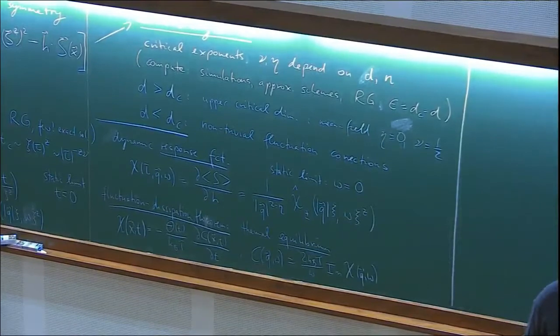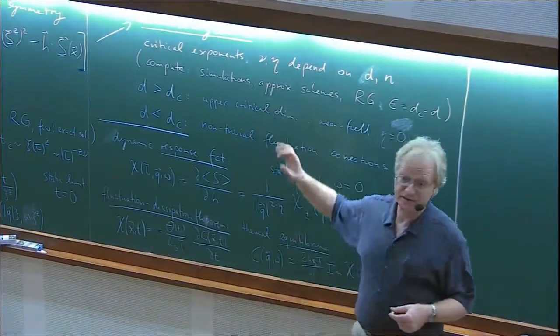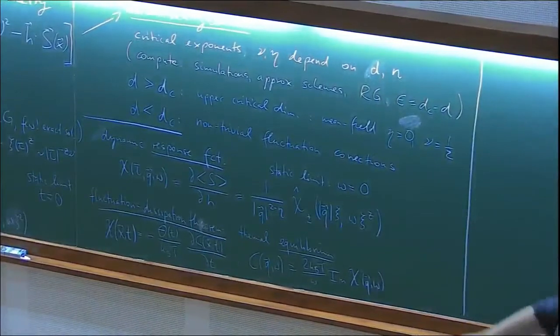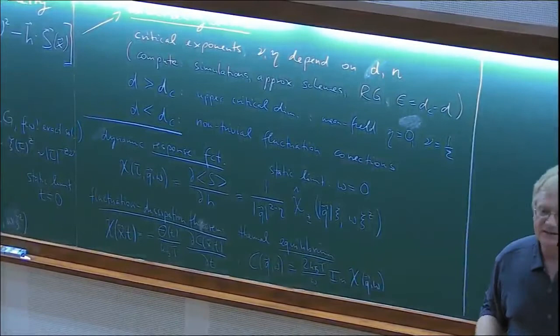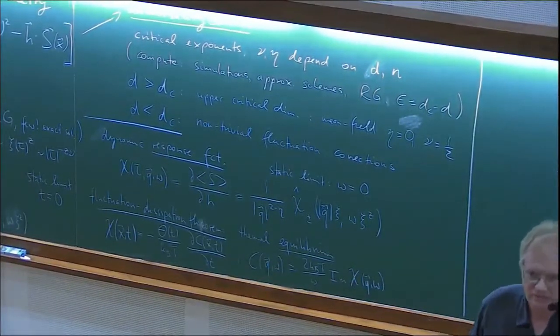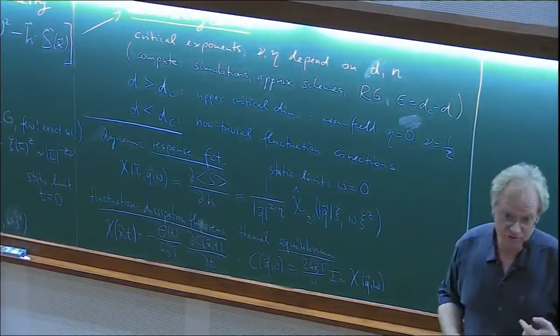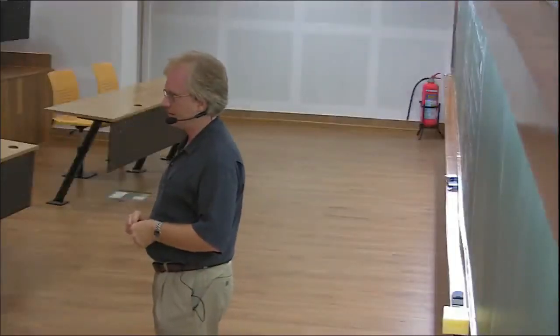Those are correct results as far as the exponents are concerned if I am in dimensions larger than the upper critical dimension. That defines the upper critical dimension. It turns out for this Ginzburg-Landau-Wilson Hamiltonian that the upper critical dimension is 4. So if we did live in an 11-dimensional world as in string theory, we would be good. Mean field exponents are fine. There are still fluctuation corrections to all kinds of amplitudes and correlation functions, but the scaling exponents are adequately described by the mean field approximation.